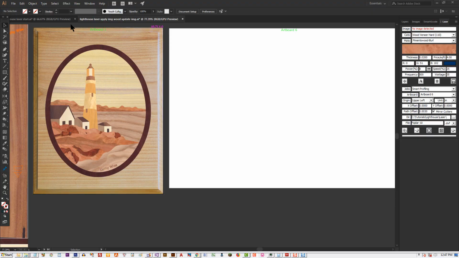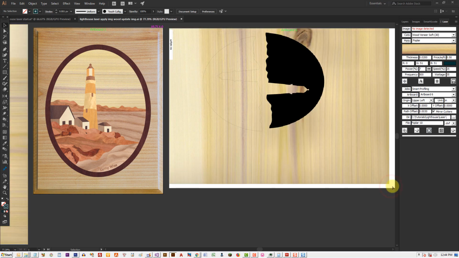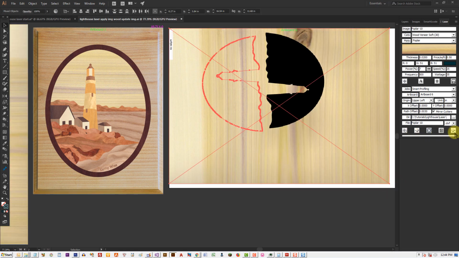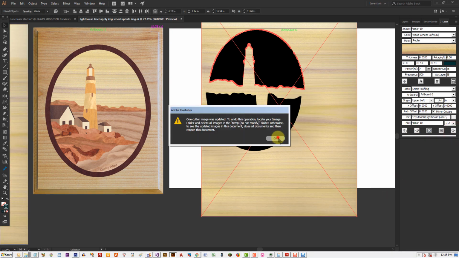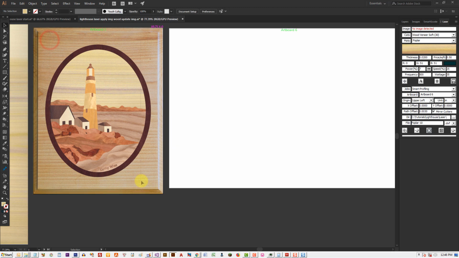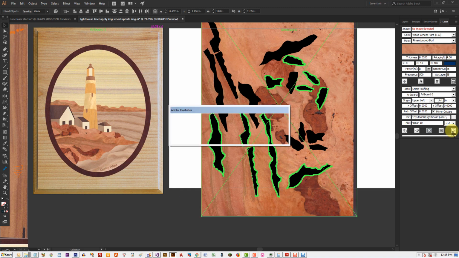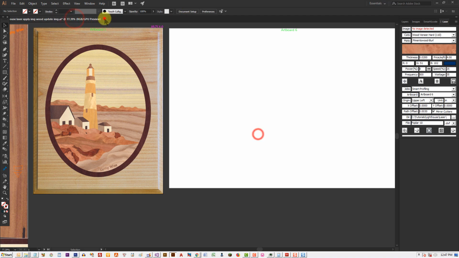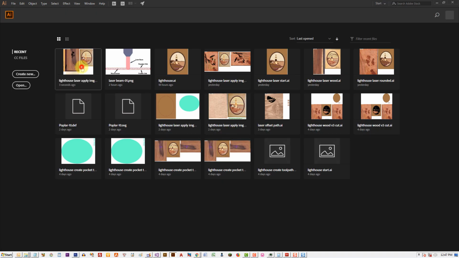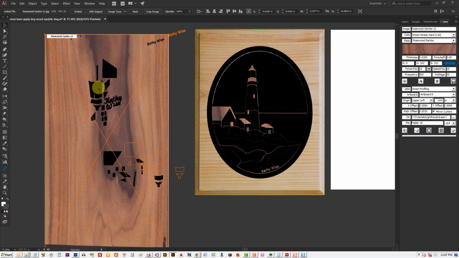Now I need to update the images to contain the cutout area, so I can avoid it the next time I reuse those veneers. To do this, I select the cut image and click on the Image Update button. A faster method is to select all master paths in the design and click on the Image Update button. The updated images will not be visible until after I close all documents and reopen the Lighthouse document. Now I can reuse the veneers to create the same or a different artwork.